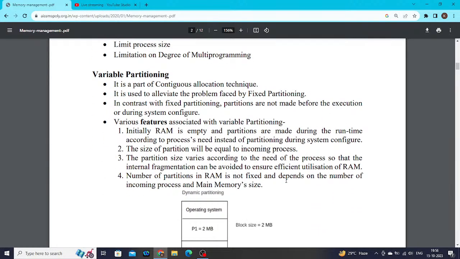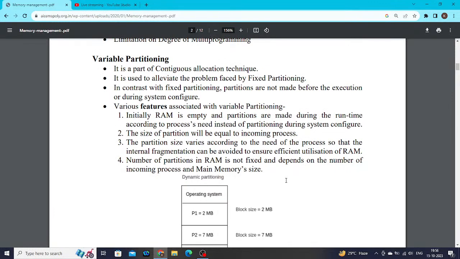Variable partitioning is a contiguous allocation technique. It is used to alleviate the problem faced by fixed partitioning. In contrast with fixed partitioning, partitions are not made before execution or during system configuration. Various features are associated with variable partitioning. Initially, RAM is empty, and partitions are made during runtime according